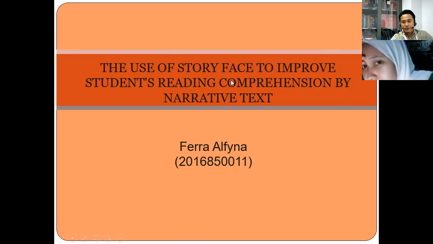The first is story phase, and then the second is student reading comprehension, and then narrative text. You have to explain here the use of story phase, how you are going to improve student reading comprehension, and how you are going to use narrative text. Okay, Farah?